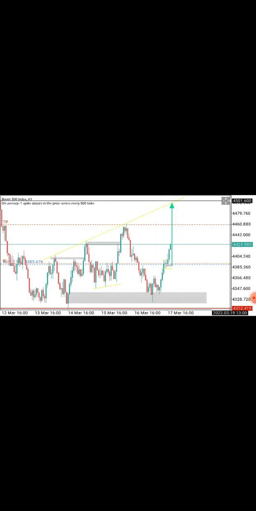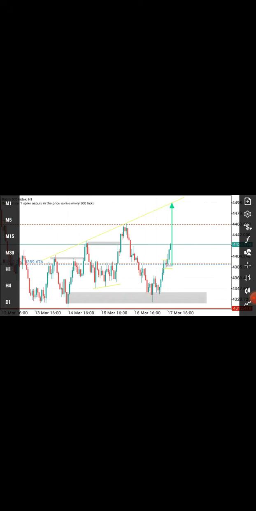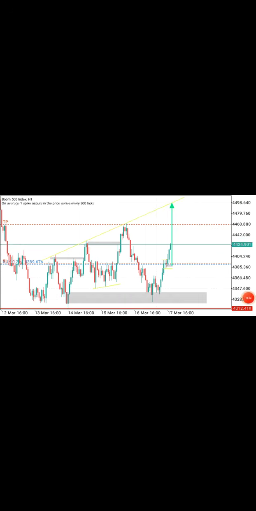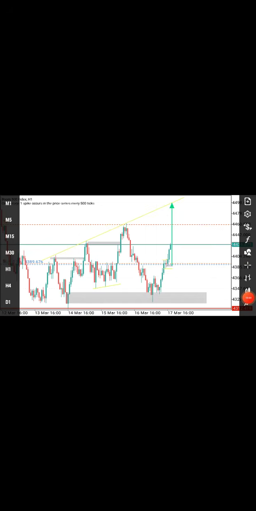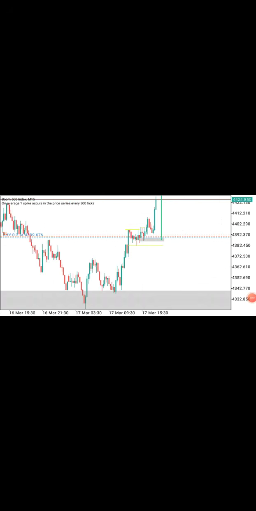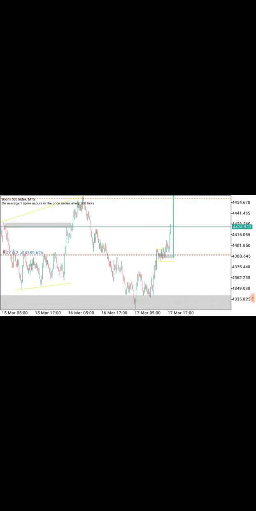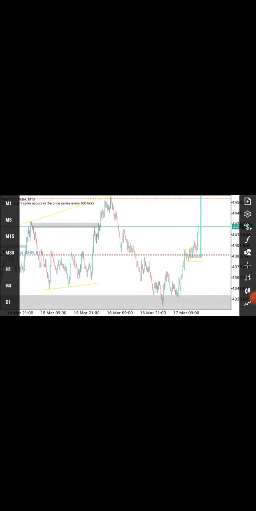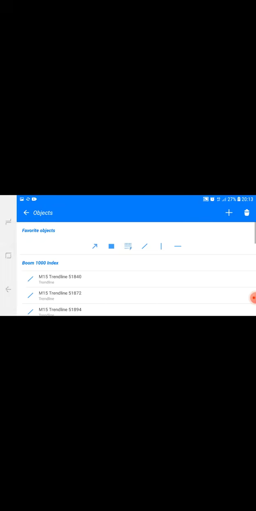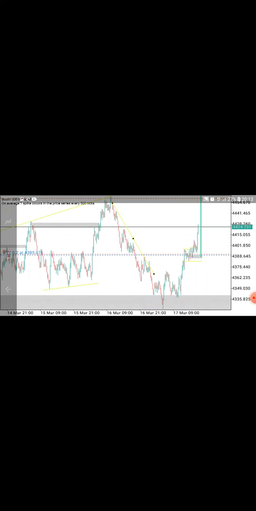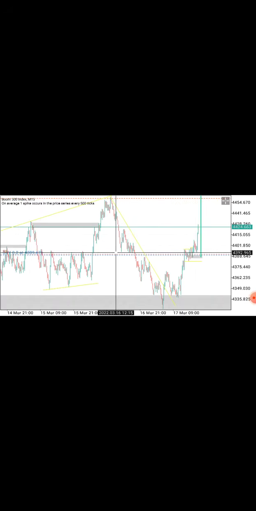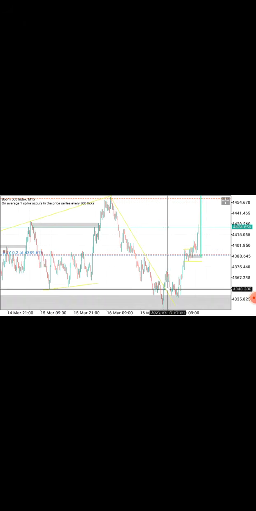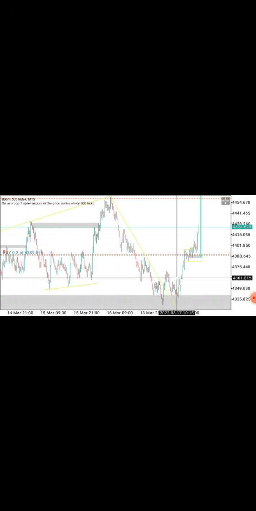What did I do? I dived deeper. I went to the M15. This is our 1 hour time frame, guys. So when we come to M15, it is still the same thing. You can have your trend line right there. You see, you have your first touch, your second touch, and then on your third touch, the market broke the trend line, and then after breaking the trend line, it decided to calm down.